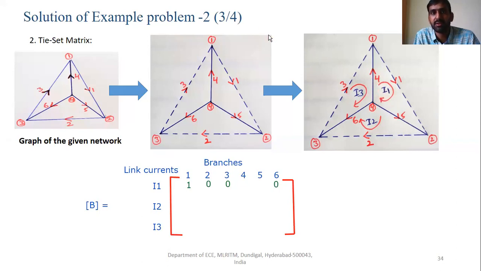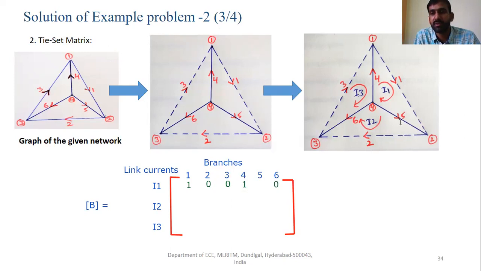The current here is going this side, so the current direction of 4 with respect to the loop is the same. That means the element is going to be equal to 1.